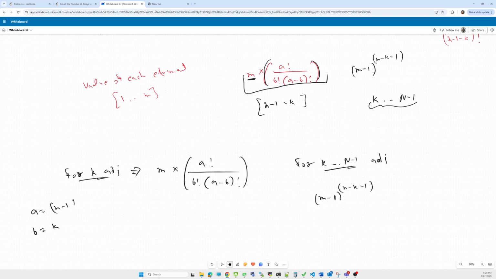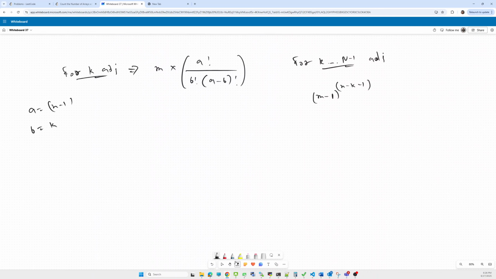So the final statement is m times n minus 1 factorial by k factorial times n minus 1 minus k factorial, times m minus 1 to the power of n minus k minus 1.